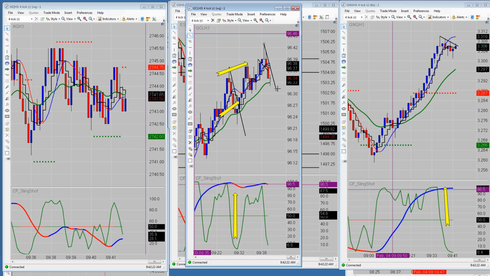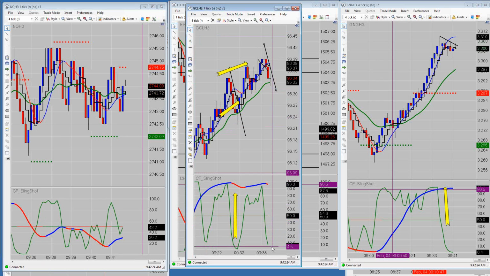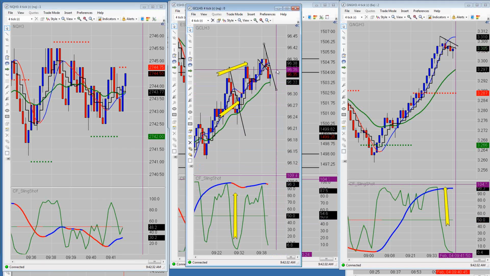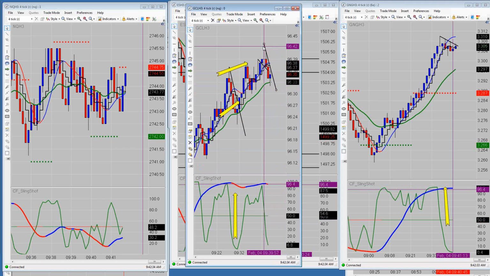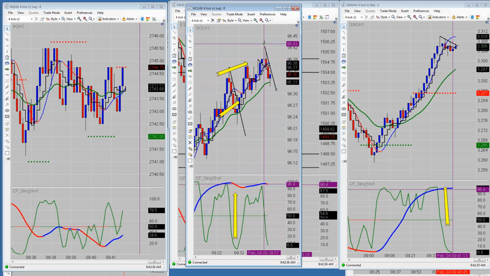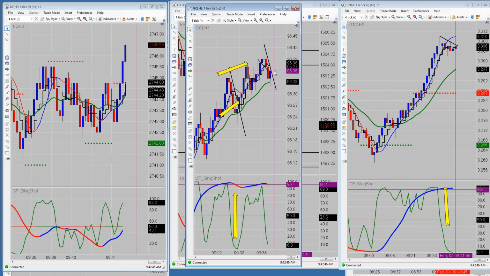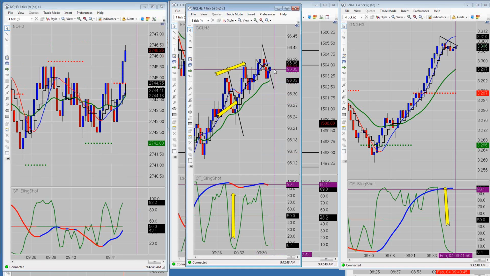Okay. All right. So here on the crude oil right now, we're testing the BBC. We have some red on the cycle. We need an up close above the trend line. Did you see how I drew that line down there? An up close above the trend line on the crude is what we need. See, we're just going to get an up close on this bar, but we need an up close above the